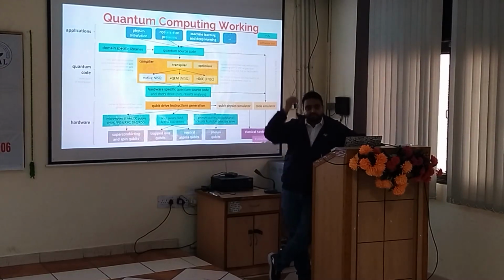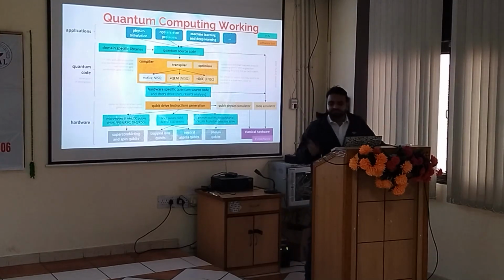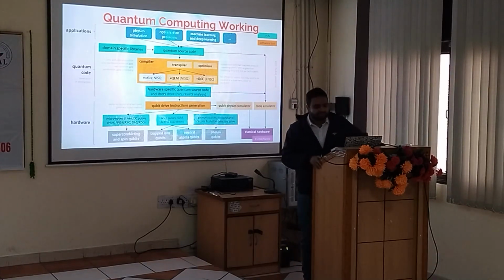Let me give you one example here. One of our students was working on a quantum optimization problem, for which we got D-Wave quantum computers. Before the project, they were saying that Amazon supports D-Wave. But once we got the project, after 15 days, they said we don't have D-Wave now. So she was stuck basically. The problem exists right now, and in future it might not be there.